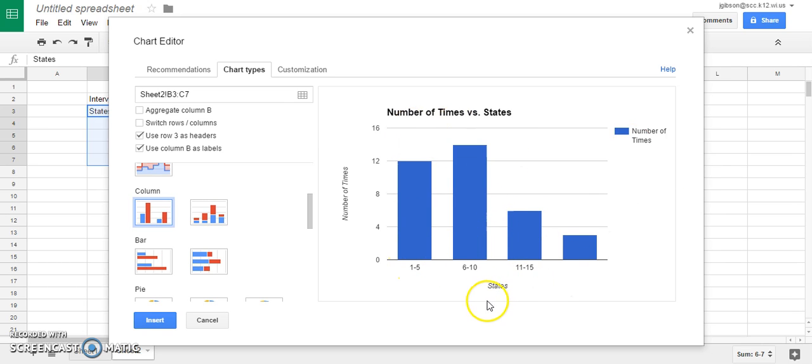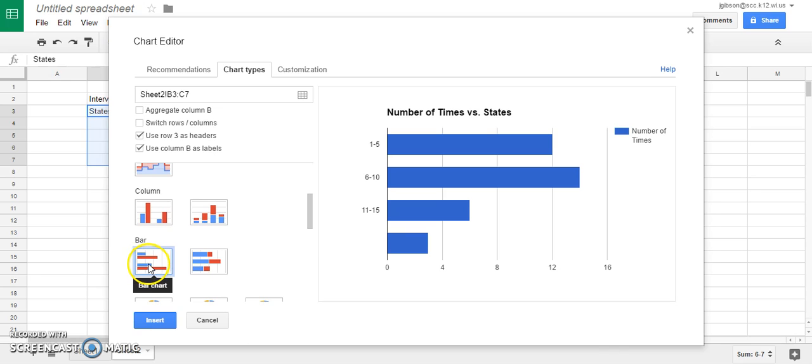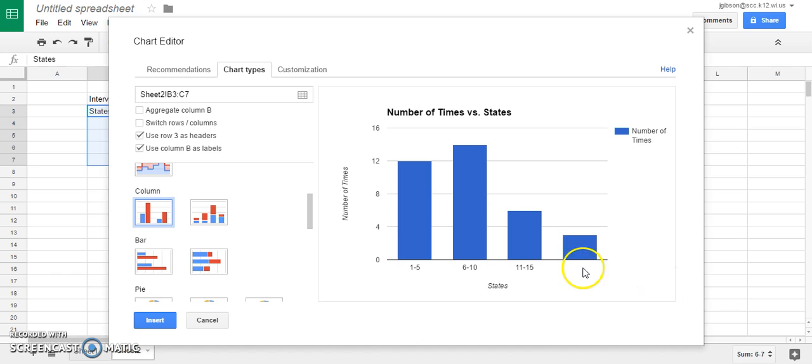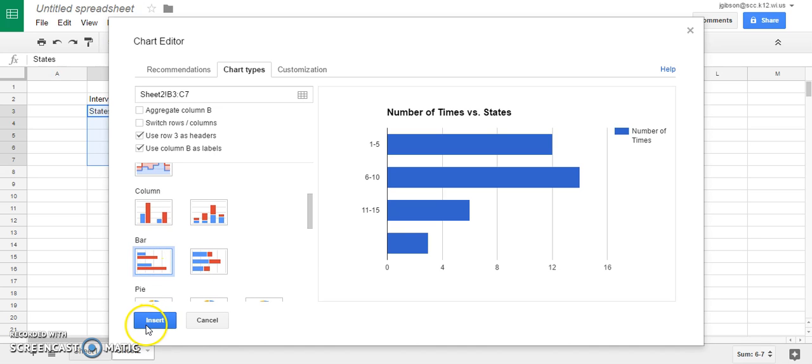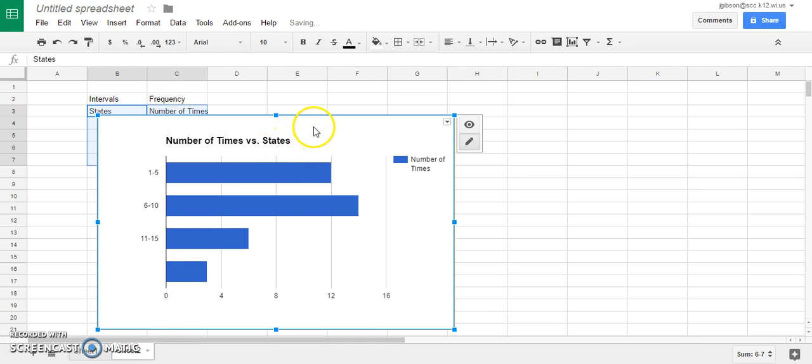So we have our intervals on the bottom. It says states here, that gives us the label, and this is a number of times. And once you've selected your bar graph, if you want to do a bar graph that looks like this too, you're welcome to do so. As long as you are picking something that looks similar to this, this would just be called column chart, and this one is bar chart. So they're pretty much the same thing. One's just going vertical, and this one is going horizontal. So once you've decided which one you want to use, you're going to click Insert, and it should show up